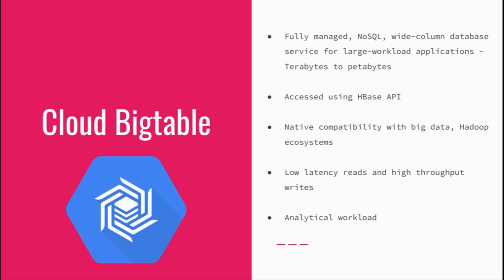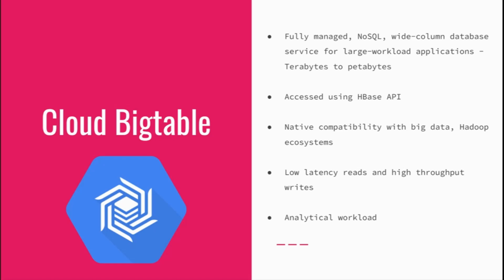It provides very low latency and high throughput storage. So if you take IoT devices, you will get data continuously every second or millisecond depending on the devices, and you will get it from thousands of devices. Now, how can you store the data? Basically, you can use Bigtable for that. Bigtable not only allows you to retrieve the data at pretty low latency, but also provides high throughput storage for you.